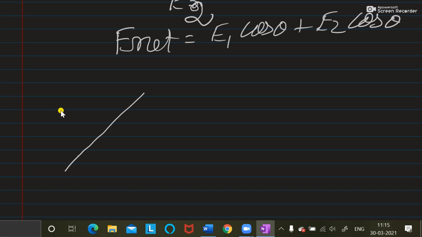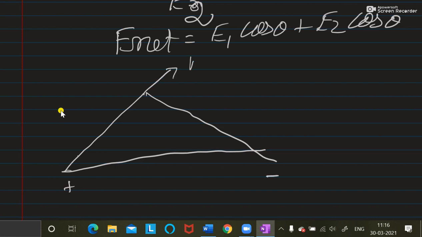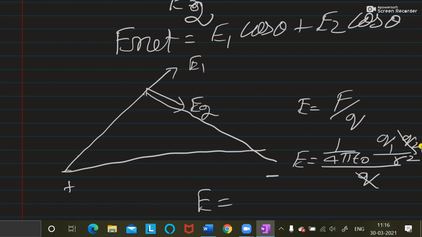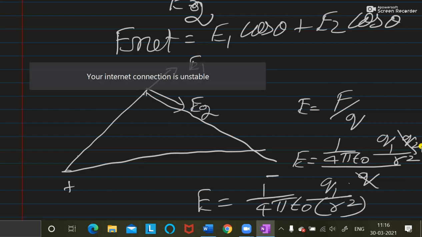Thank you. Okay. This is a diagram. We have here a dipole. Okay. This is positive. It is negative. E1 is acting this side. E2 is acting this side. What is E? E is equal to electric field. Electric field is equal to force per unit charge. Force is equal to 1 divided by 4 pi epsilon naught Q1 Q2 divided by R square, divided by Q. So, Q gets cancelled. The formula for electric field is 1 divided by 4 pi epsilon naught Q1 by R square. R is indicating the distance.